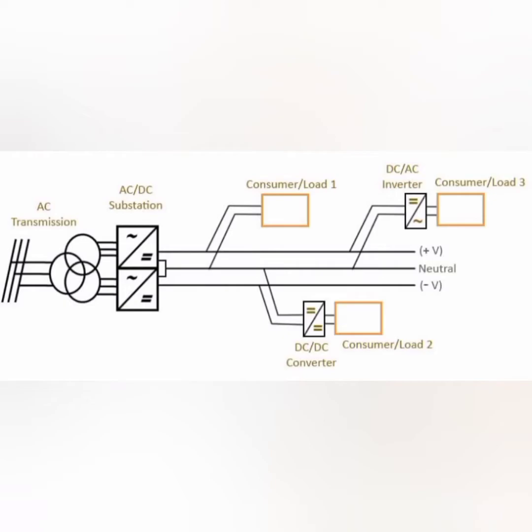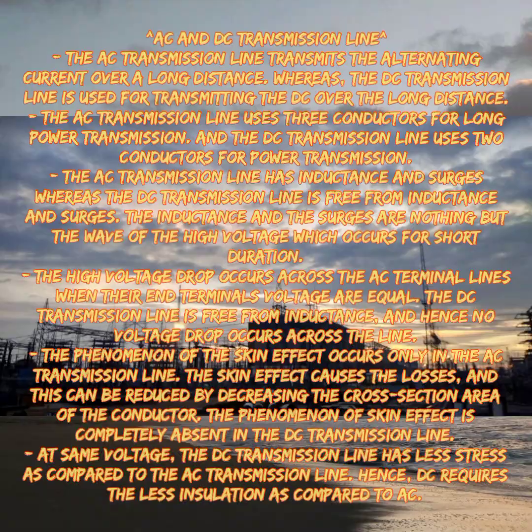So in the sense, we use a bipolar connection. If you only use any one of the poles, it will automatically be known as a monopolar mode or a unipolar mode. So these are the basic things of your HVDC transmissions. Next, coming to the comparison of AC and DC transmission lines.